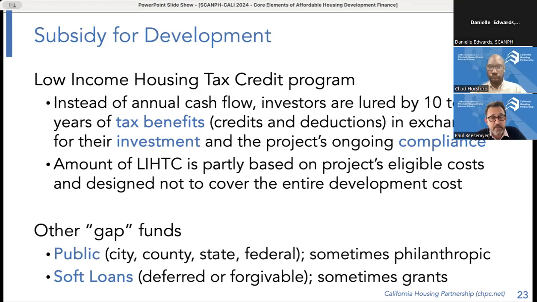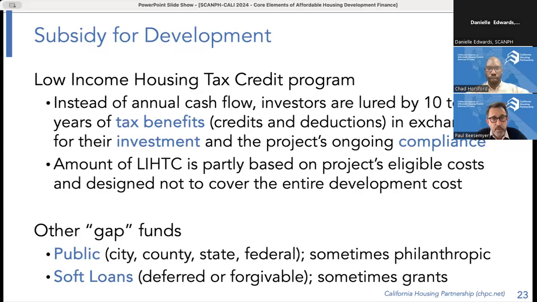And the idea is that we're creating affordable housing through the tax code by passing on tax shelter to investors. So rather than the federal government writing a dollar for dollar check, as it used to do with, say, the old 202 program way back in the day, instead the feds are providing tax incentive. So it's a tax expenditure. It still costs the government money, but it's done indirectly. So instead of providing annual cash flow, an investor is enticed to invest to become part of the ownership of a property so that they can receive 10 to 15 years of tax benefits.